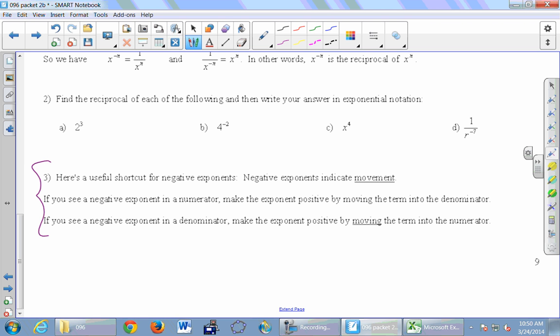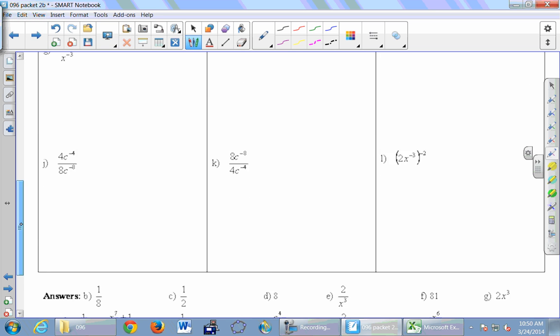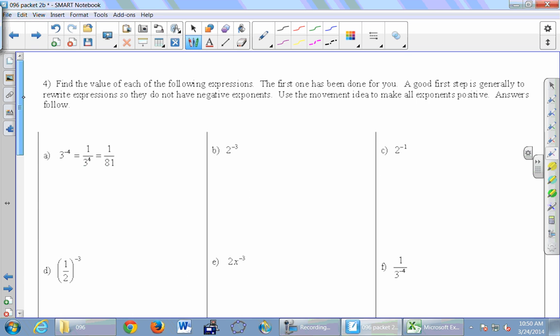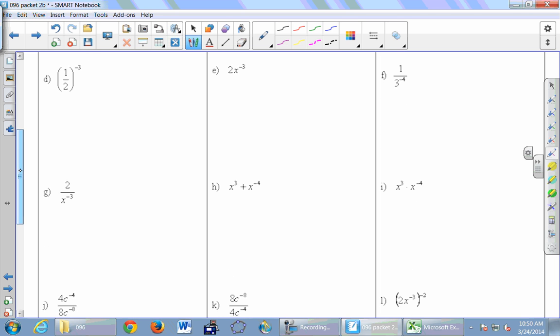Good. So negative exponents, you can think of babies if you like. You can think of this if you like. Negative exponents mean motion. You move the thing to wherever it isn't and make it positive. Okay, there's a whole collection of things here. You're going to do most of them, but I just want to do a couple of them together to get us started. Let's start by looking at part E,